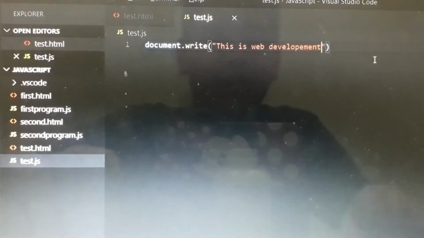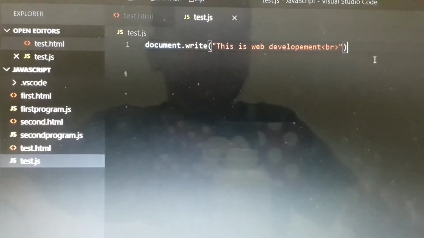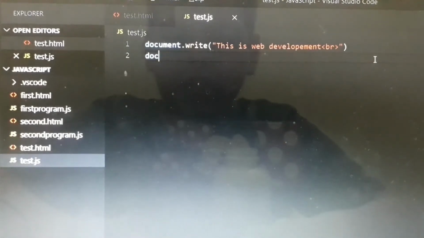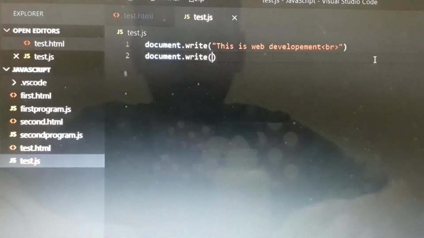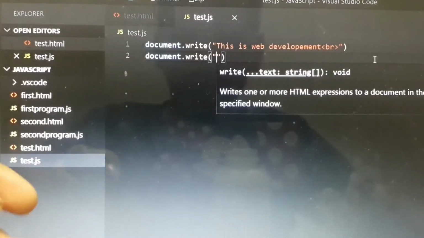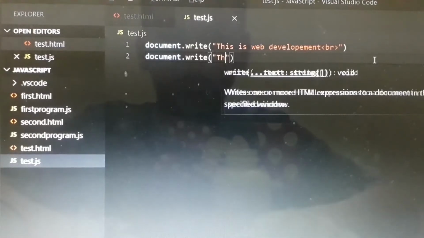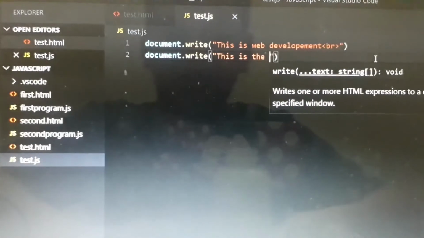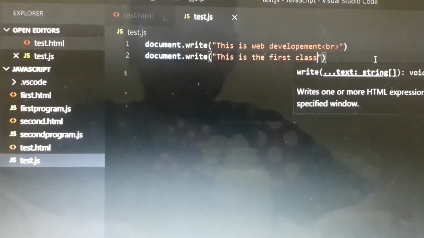So this is web development, and I'll just write here BR, which is in HTML if you don't know, and then document.write, and then here I'll write that this is the first class.